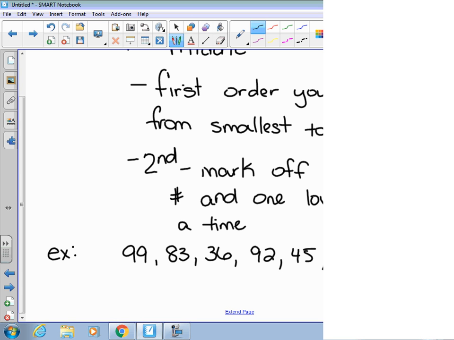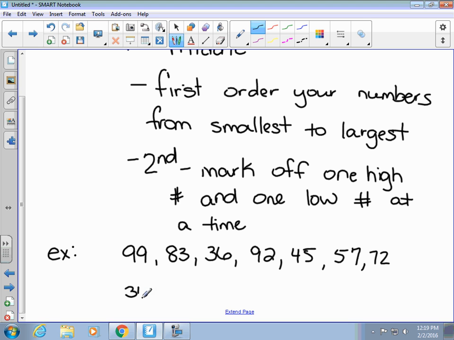Okay, let's just say I have that. So the first thing you would do is order them. So my smallest number. Now, what I usually do is when I go up here, I don't mark it off. I'll put a little line or something under it to show that I've dealt with 36. Because sometimes you might have 2 or 3 36s, and you have to put all 3 of them down. So even though they might repeat, you still have to use them. So I used that 36. My next number would be 45. Next number, next number, next number,